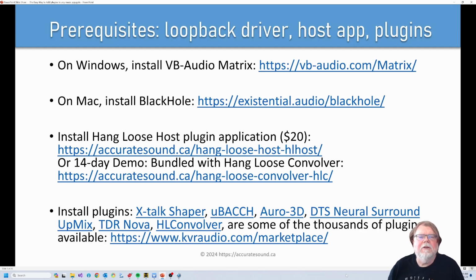Another interesting aspect of VB Audio is the concept of a master clock to prevent clock drift between any of the virtual audio devices and any real hardware devices that are hooked up, as we will see. I should point out, though, that WASAPI shared mode can still be used, and as the measurements show at the end of this presentation, the entire digital audio loopback signal path, including HLHost application and HLConvolver in the signal path, is completely transparent. On Mac, we want to use BlackHole as an easy virtual audio device to install, which is